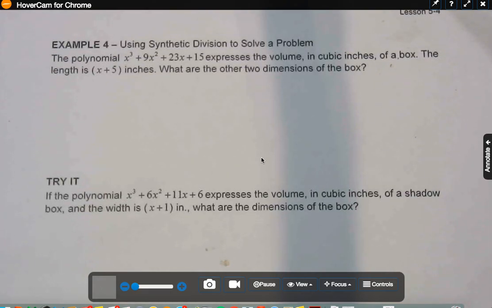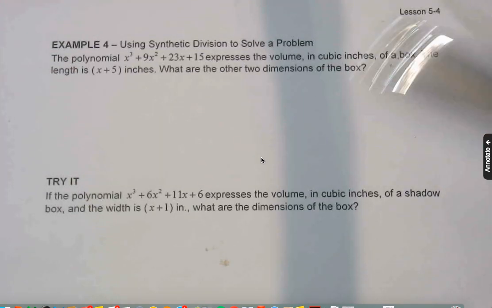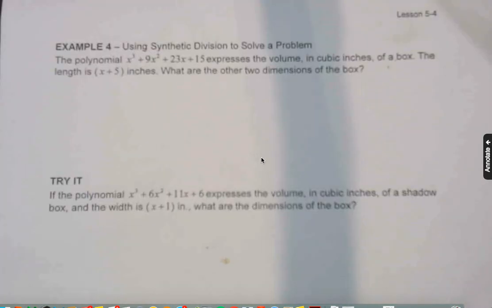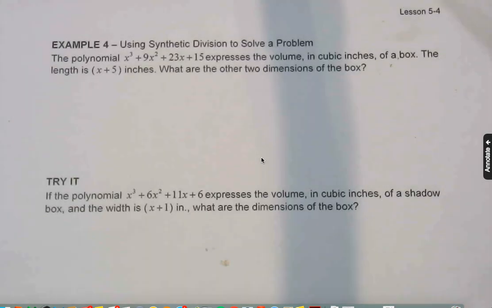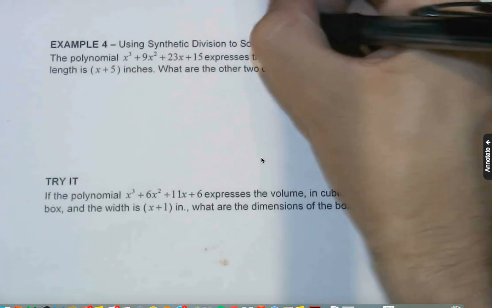For the ending of 5.4, we start to see a lot of synthetic division, and I think that the end part here really sells me personally as to why synthetic division is so great, so convenient, and makes my life a lot easier when I'm dividing polynomials. So for this, it's a little wordy, so let's recall the